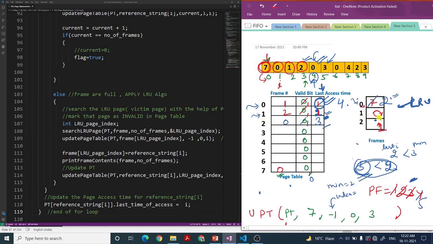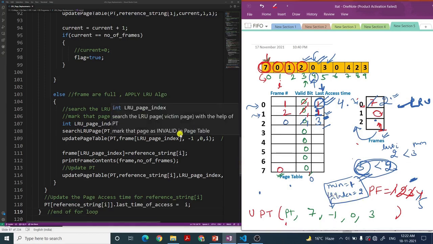So for 1 my LRU index will be 2. You can just check the code by yourself. So the minimum will be 1 and its index is 2. So this is the LRU index, the LRU page index will become 2.